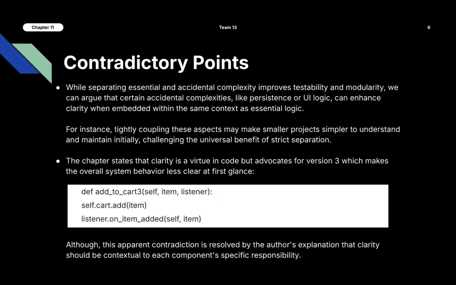and lose productivity. And also, we found something contradictory where he said that it's essential to separate essential and accidental complexity, but in some applications, combining those two complexities is the only way that you'll be able to get